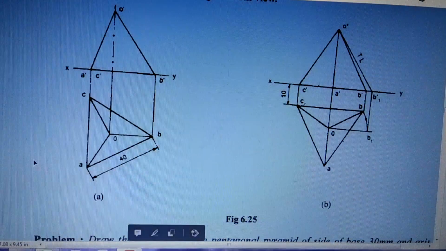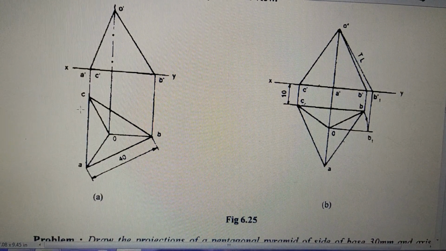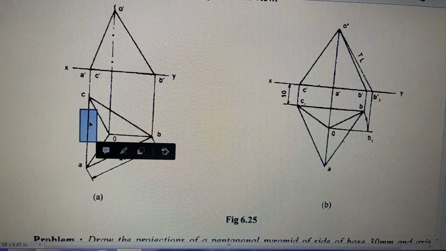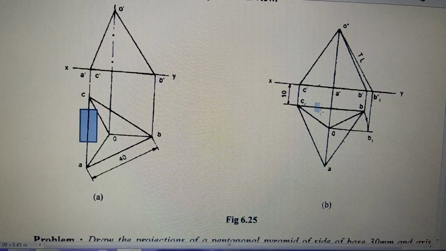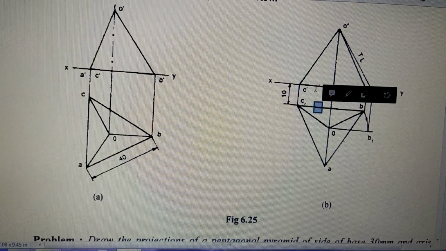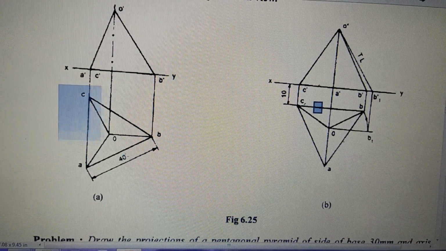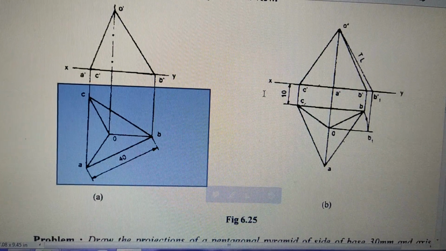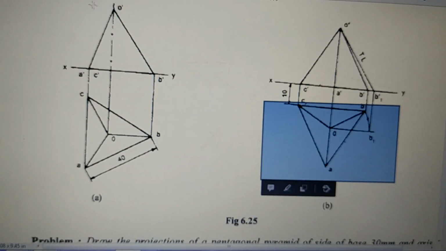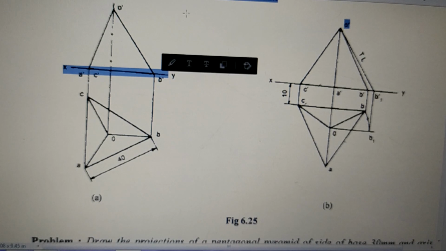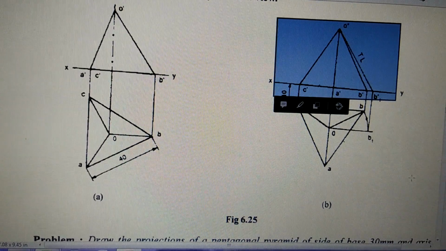And as per the description, in A, one side is perpendicular to the VP. So they are drawn in this position so that this edge is perpendicular to VP. And in this case, this edge is parallel to VP. So the same triangular pyramid is drawn once like this, and the other way it is drawn like this. And in both cases, they are drawn the front view. So in one case, this is the front view, in the other case, this is the front view.